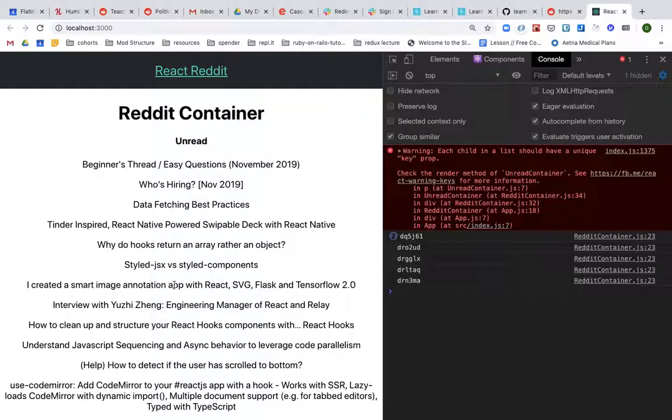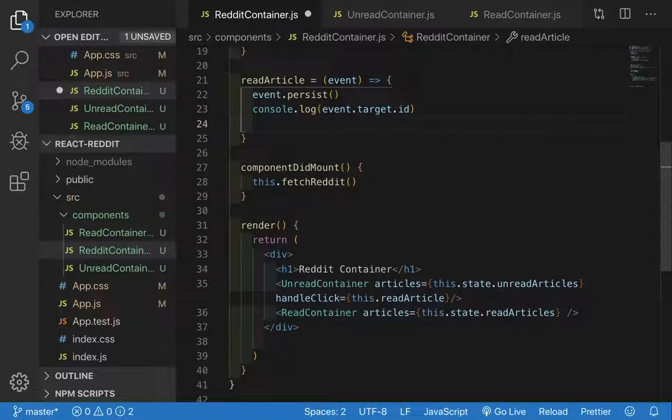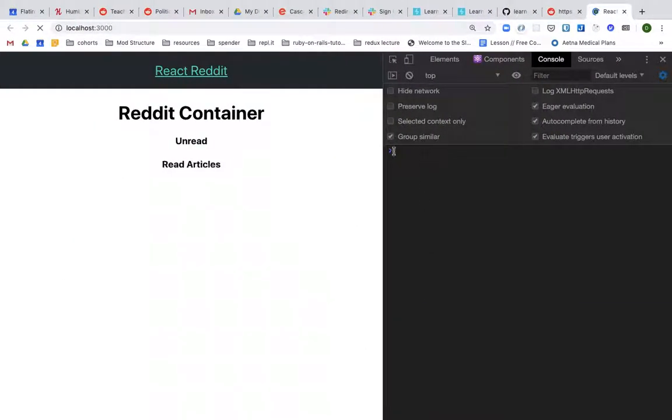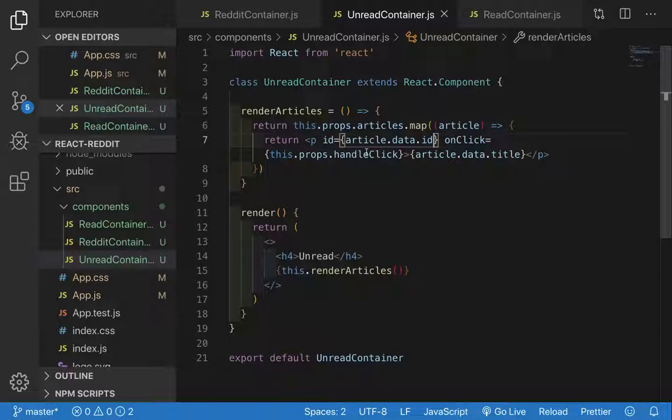So we've got this ID here, which is awesome. So if I read the article, what I want to do is have it populate in read. I do also want the whole article though, because all I'm doing is grabbing the ID with this event.target. I want the actual article. I could go through and find where it matches this and then have that article saved, but I'd rather just send my entire article with it. So to do that,